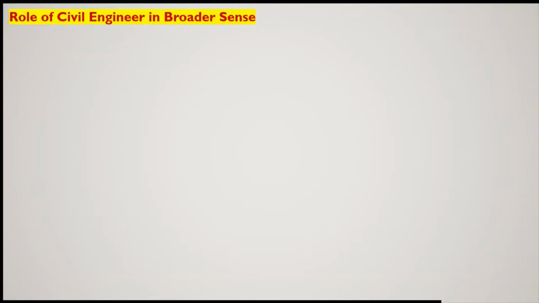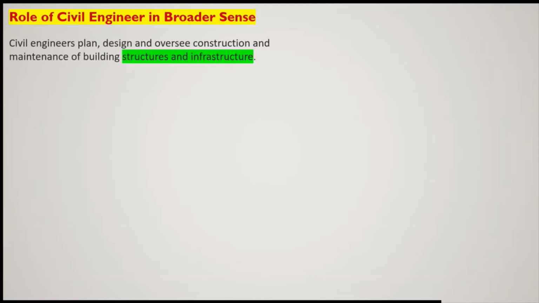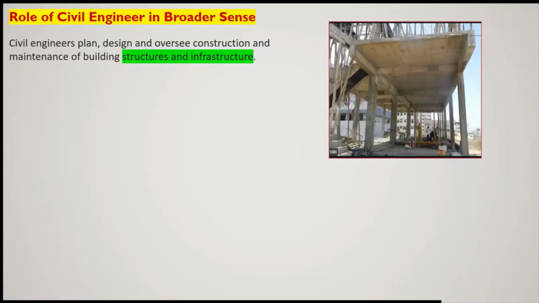Let us first of all try to understand what is the role of a civil engineer. As a civil engineer, you have to plan, design, and oversee the construction activities, and ultimately, if required, any maintenance of building, that is any structure and infrastructure. Now you can see on the right side there is a building under construction